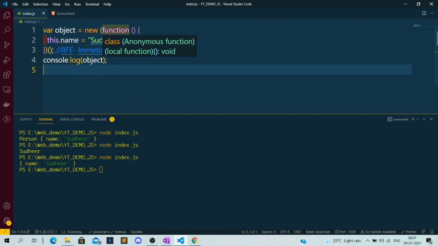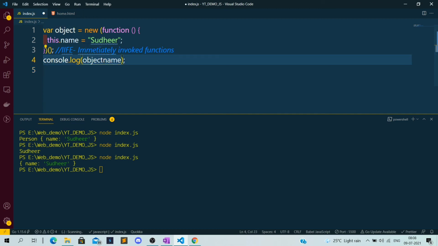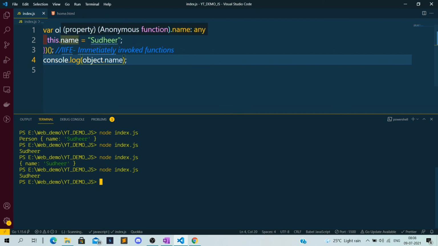Okay, so this bracket will wrap the function, and after that we also have the brackets which will call this function automatically. We don't need to call it, and when this function is called, it will assign an object to this. Since this function will have the property name, we can access this property name using this object variable. If we try to access the property name, it will give Sudhir. Okay, so we have not called this function. This is called an immediately invoked function.